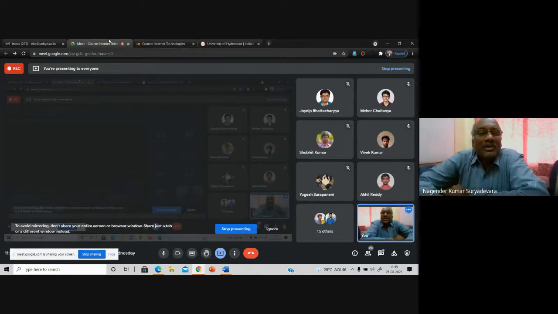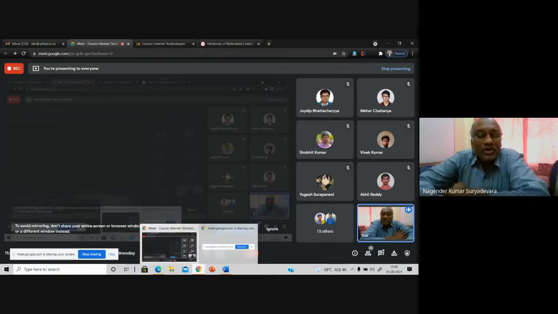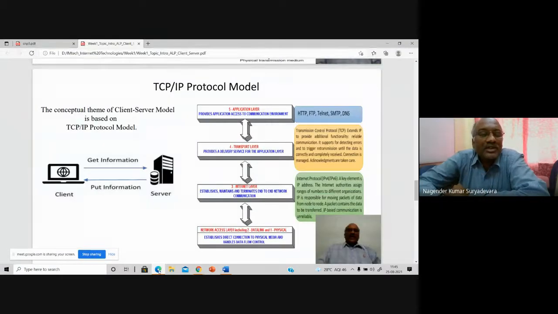The same thing, the common language or rule, the protocol, is followed between two computers to understand each other. There are two computers. One computer is a client, another is a server. It can be both clients or both servers. They are connected across the network, meaning over the internet or computer networks. When they want to exchange information, get the information, put the information, and respond, both need to communicate properly. The common protocol suite, which means a collection of rules put together, is TCP/IP.